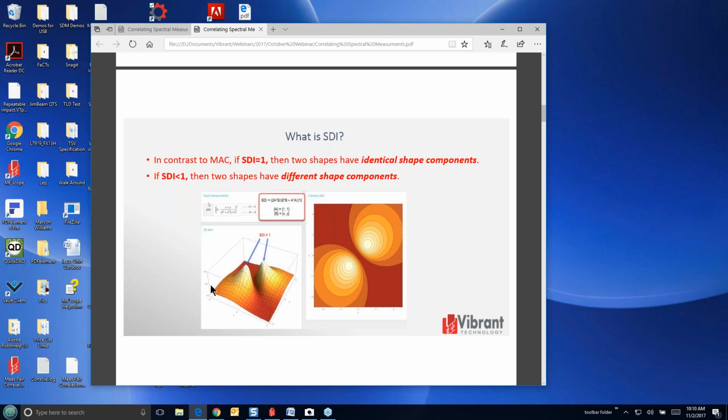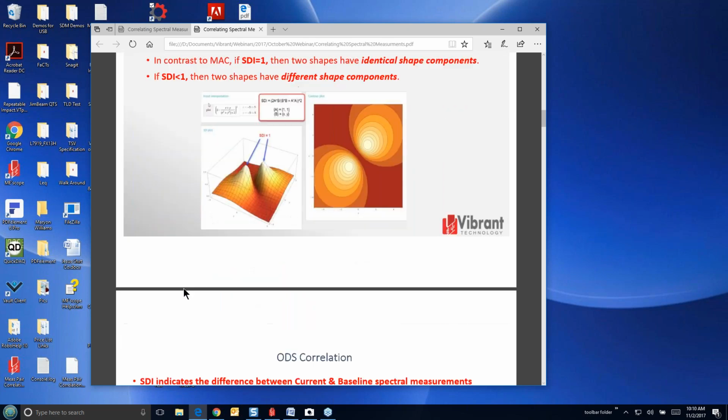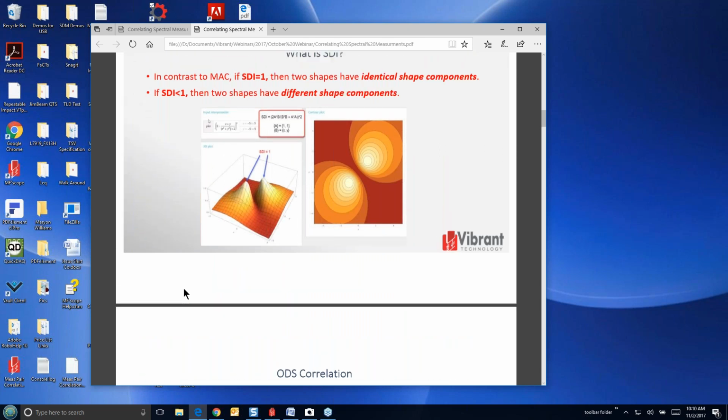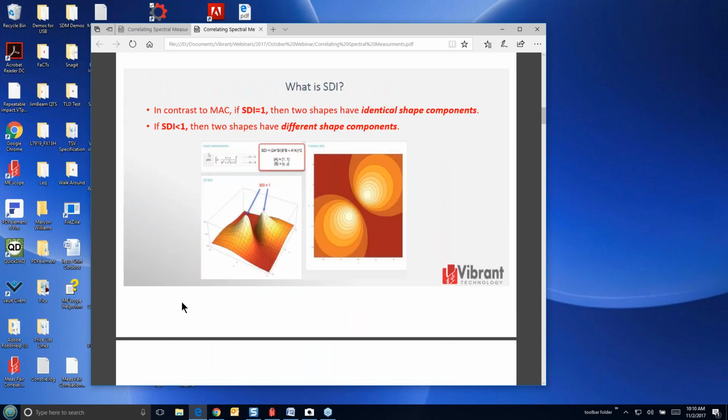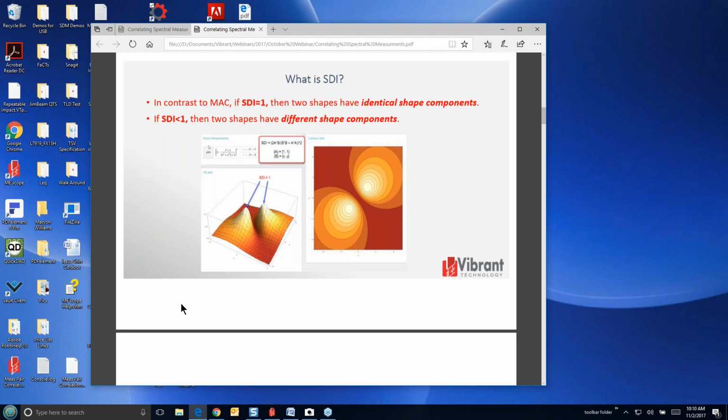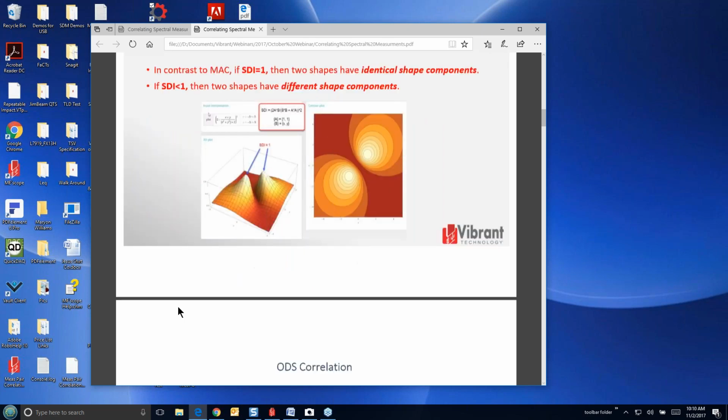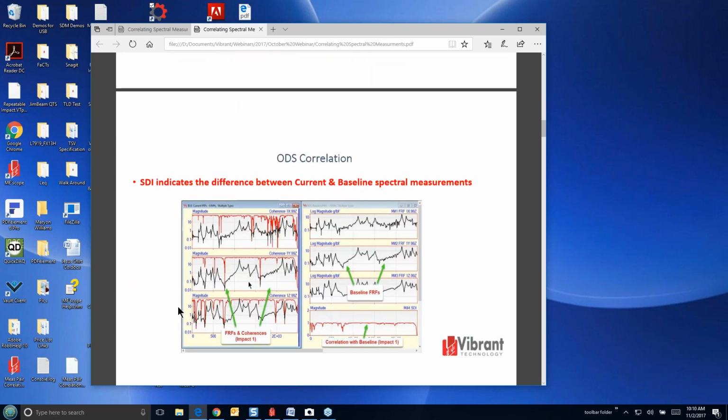Now in MEscope, in our monitoring software, we're going to get to this probably at the end of the discussion today, we have something called FACT, which stands for Fault Correlation Tools, and it's built into our console monitoring software. And FACT actually computes the SDI between two shapes and gives you what we call a FACT bar. So the FACT bar, if it's equal to 1, it's a green bar. As it goes to 0, it turns into a red bar. So we'll see that, and we use that in our machine monitoring software. So we're going to look at that as a second application.